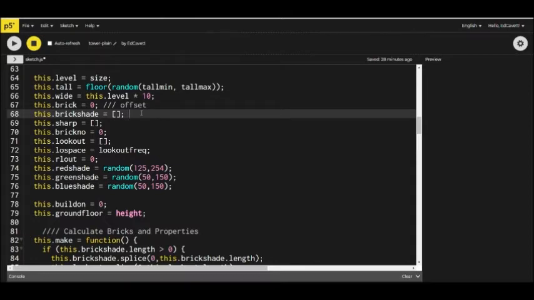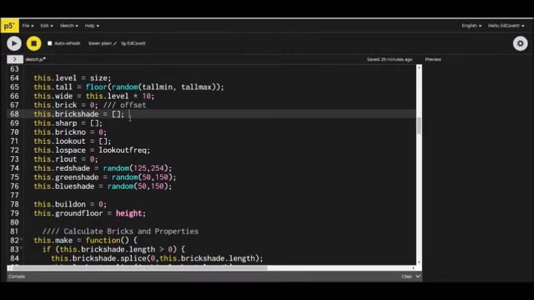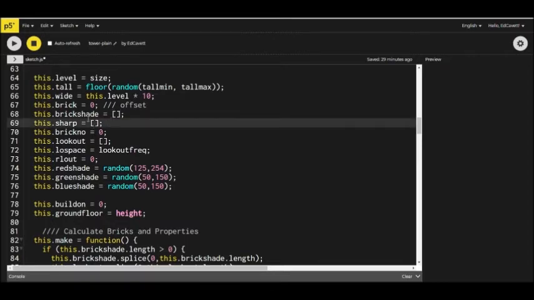There's weird effects that happen when you start messing around with the colors and the color settings that are kind of interesting, so I encourage you to just play around with that, go crazy, and try to make bricks as crazy colored as you want. It'd be really fun. And I give you one array variable to do that with. If you want to set up 3, 1 for each red, blue, and green, be my guest. This is how it's done. The shape of the brick is held in this array here, and it's called sharp for sharp edges or for round, flat edges. I didn't want to call it shape because